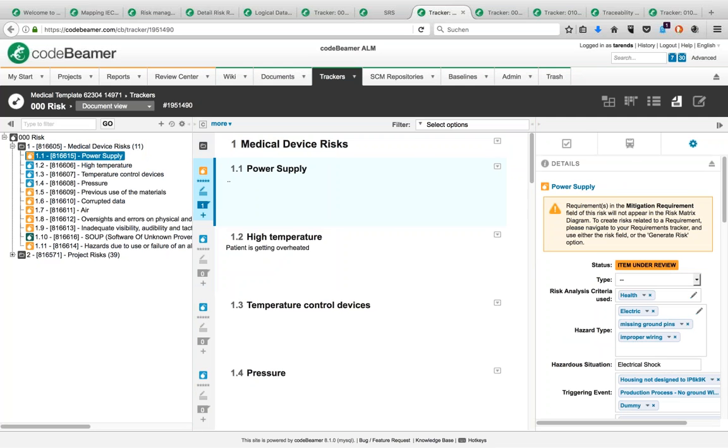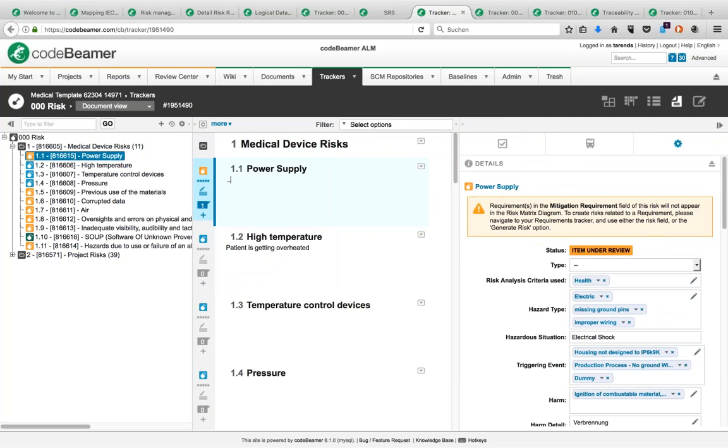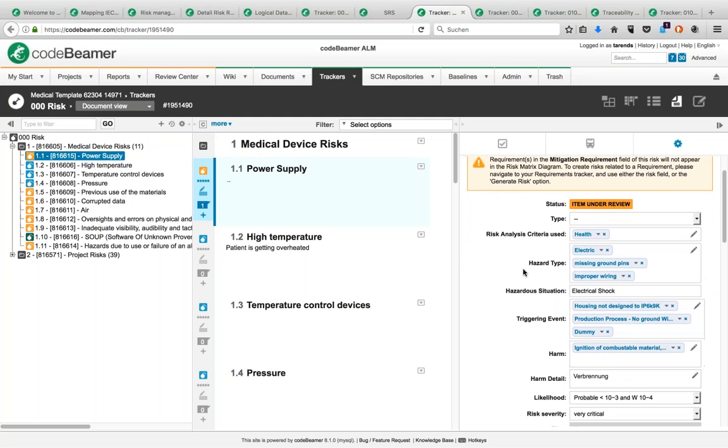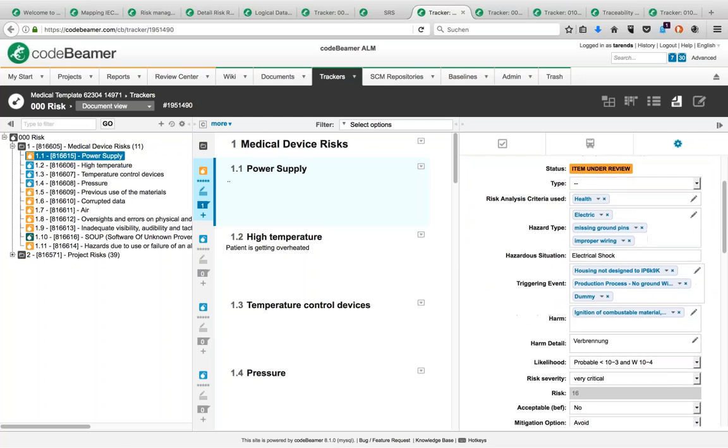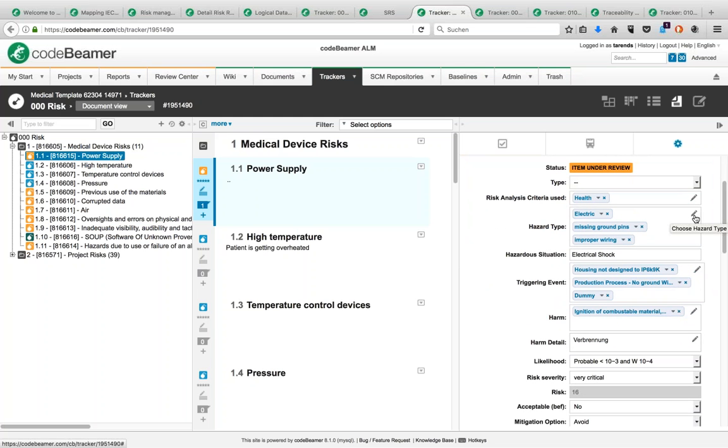So if you look it up here, then you see on the right hand are the metadata in regards to that area. And what you can see here is, starting from the top down, the criteria you use, the hazard types coming out of a standard predefined hazard list according to norm,